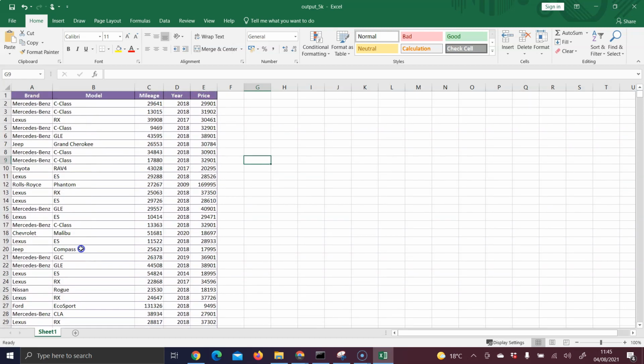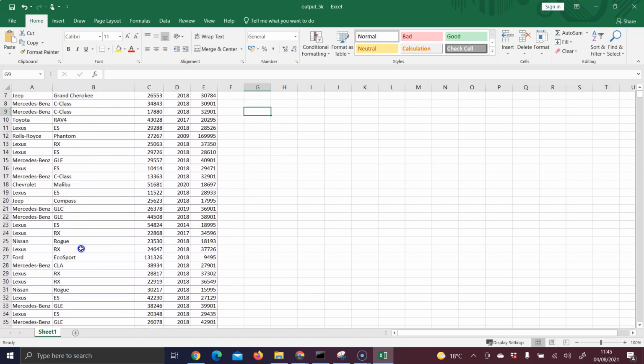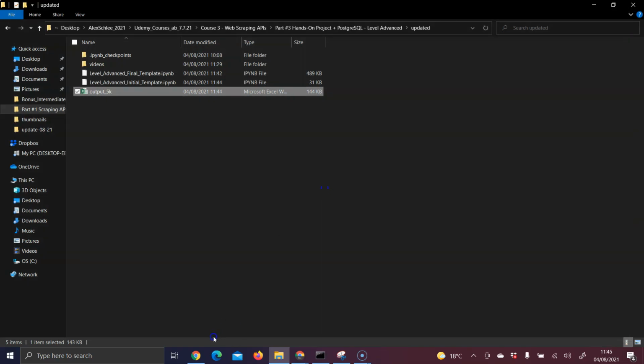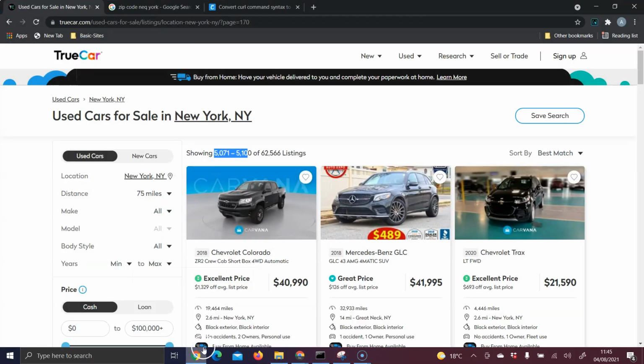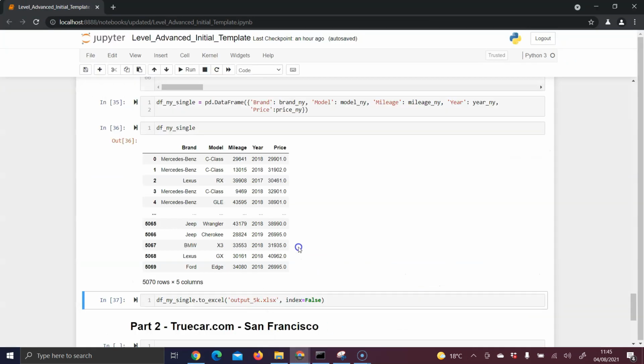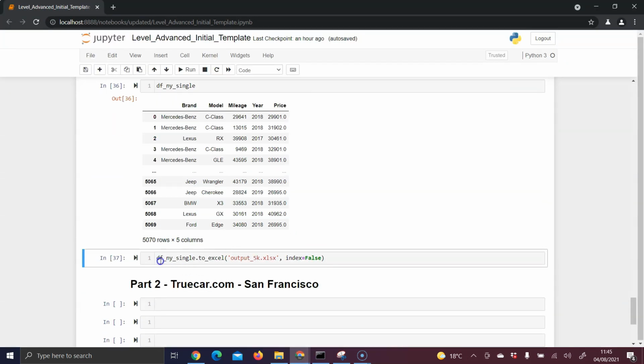So I would say let's proceed right now, and we shouldn't waste too much time because we have a lot to do. I want to proceed and grab the data for San Francisco. It was the exact same steps. Now we have created our first data frame, which is around 5,000 results for New York, and we need to apply the same logic for San Francisco. In the next step, we can combine or aggregate these two data frames and output everything inside